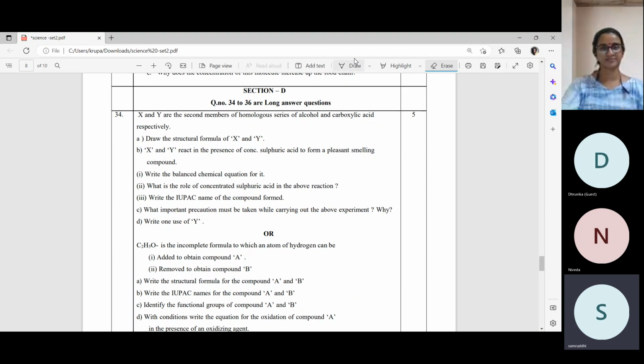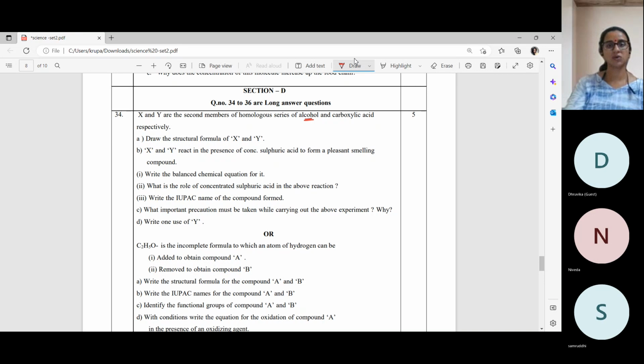It's alcohol, ethyl. Very good. X is alcohol, ethyl alcohol is right, and Y is carboxylic acid, that is ethanoic acid. Perfect. Okay. So when you're trying to look at the member, I'll tell you in general, I've noticed that